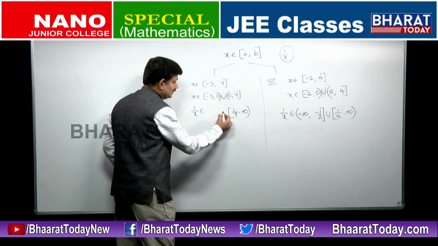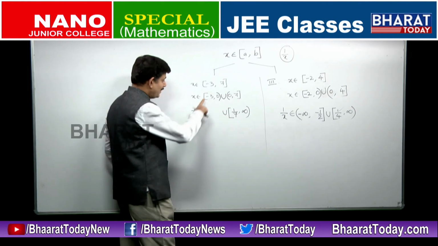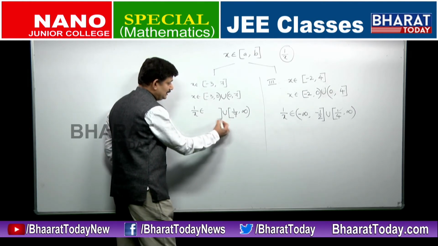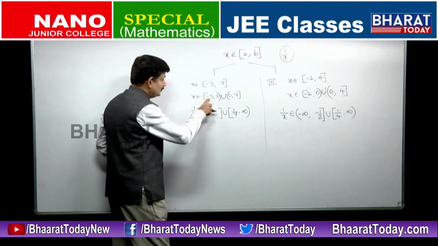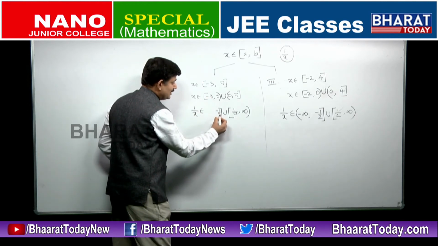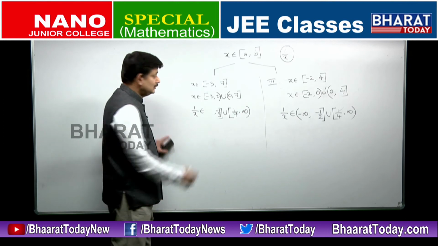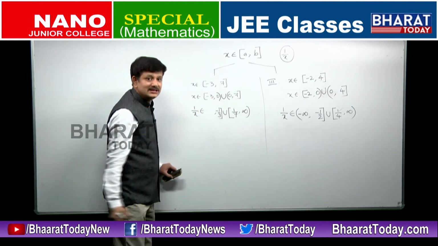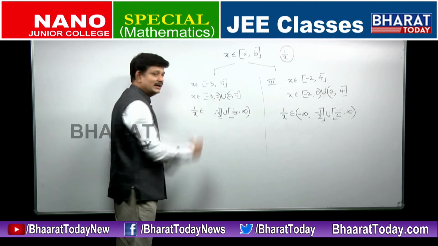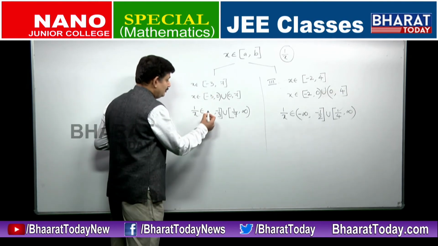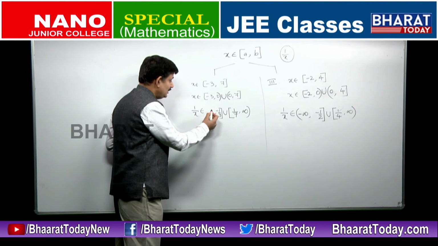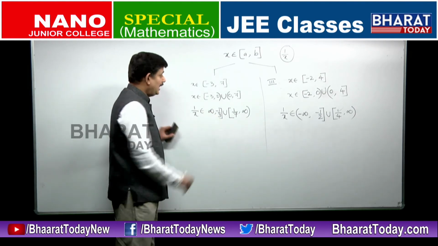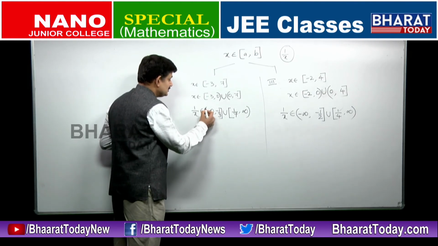Reciprocal of -3, union as it is. -3 is here, so it will come on the right side here. -3 reciprocal is -1 by 3. Is this 0? No, it is a number slightly less than 0, a negative number. Its reciprocal will be of very big magnitude, infinitely large magnitude, and it is negative, so sign is negative.